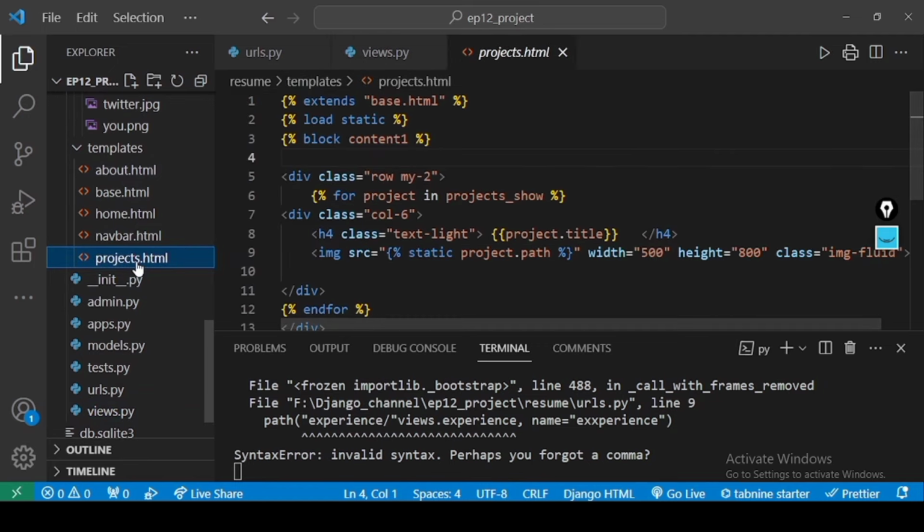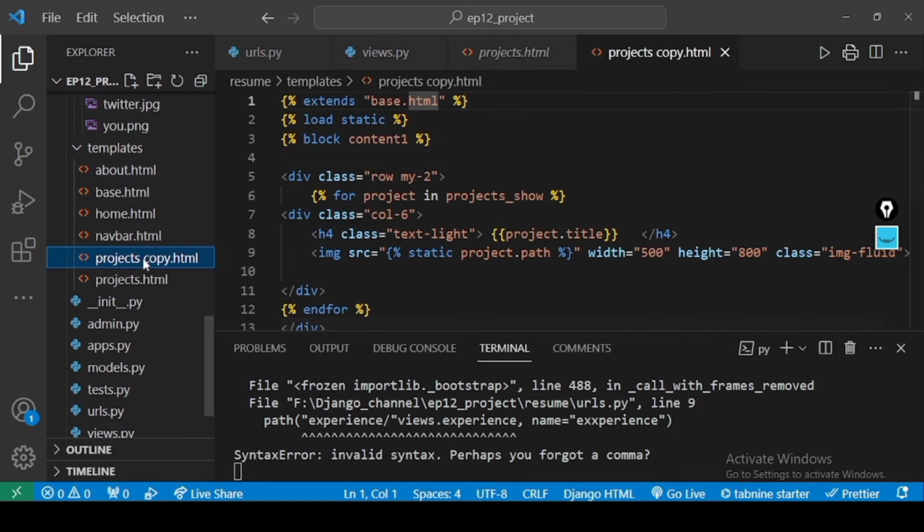It will be somewhat like projects.html. I will copy paste this and I will write experience. Okay,